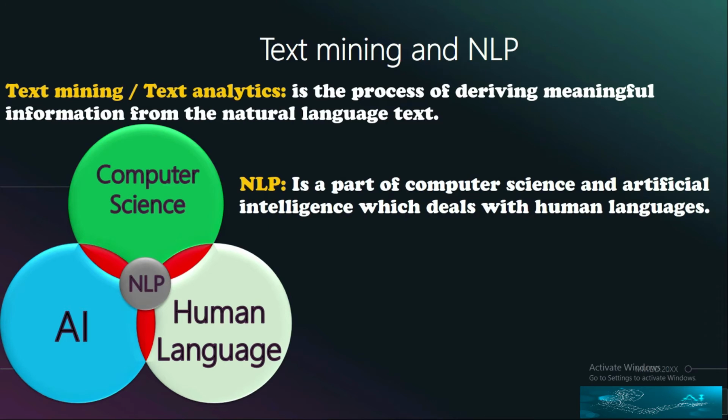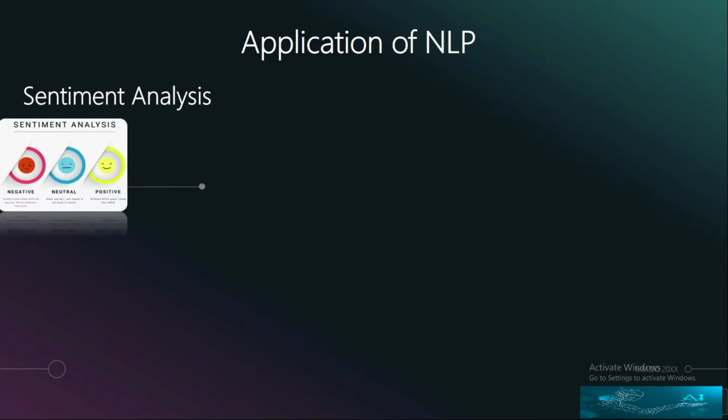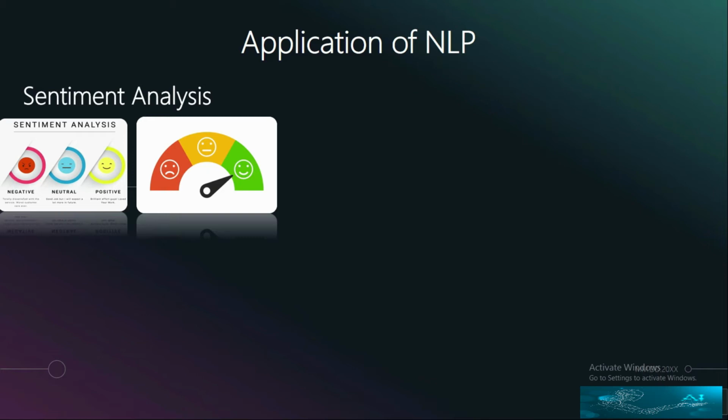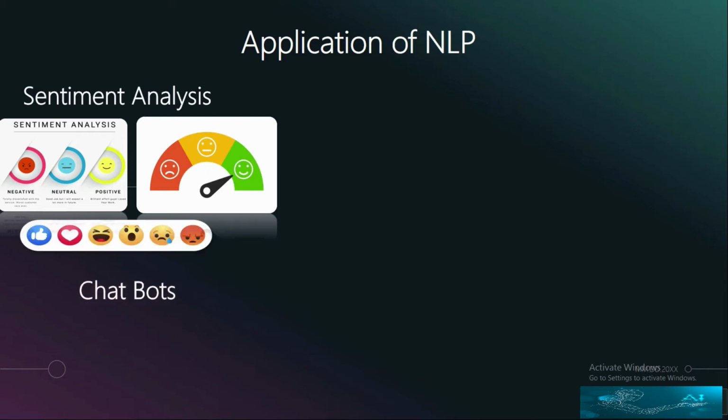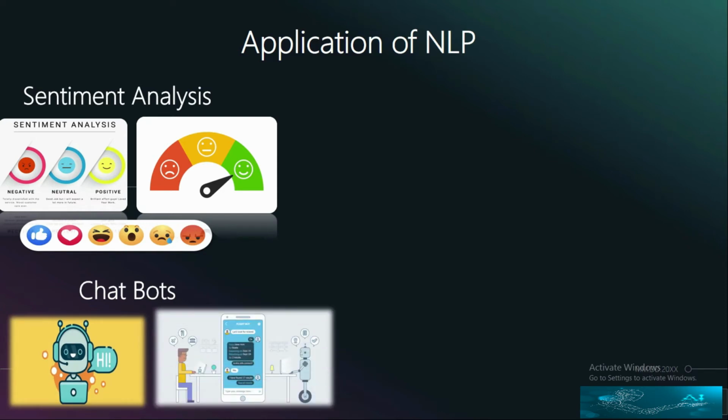So let's understand some of the applications of text mining or natural language processing. One of the first and most important applications in natural language processing is sentimental analysis, be it Twitter sentimental analysis or Facebook sentimental analysis, as it's used heavily right now. Next, we have the implementation of chatbots. You might have used the customer chat services by various companies, and the process behind all of this is because of NLP.